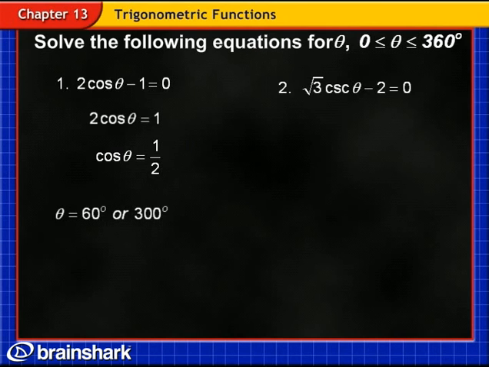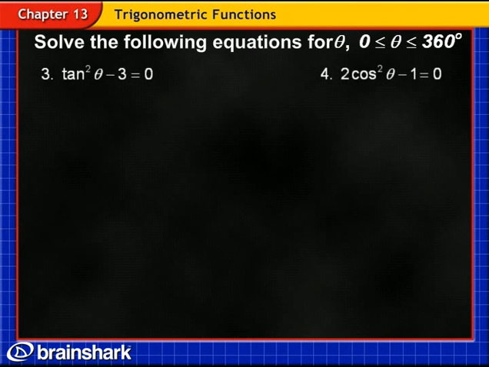Let's take a look at example number 3. Example number 3, we want to get tan of theta all by itself. So we're going to start by adding 3. Now we've sort of got tan theta by itself, but not quite, because that's tan squared theta. So in order to get tan theta by itself, we're going to take the square root of both sides. And that's going to give us tangent of theta is equal to plus or minus the square root of